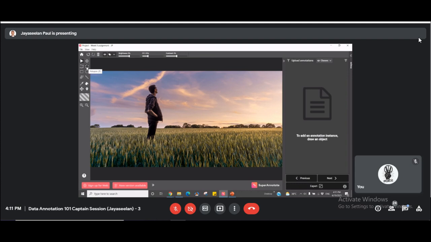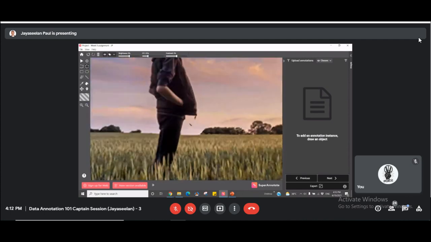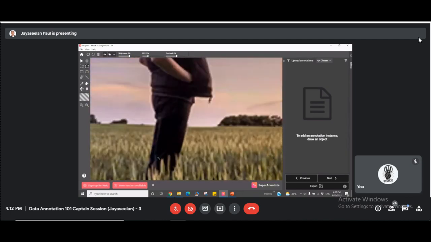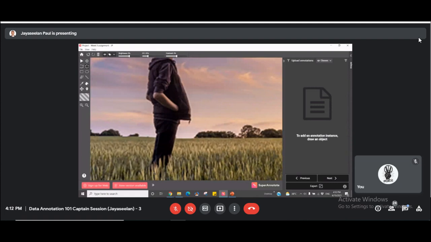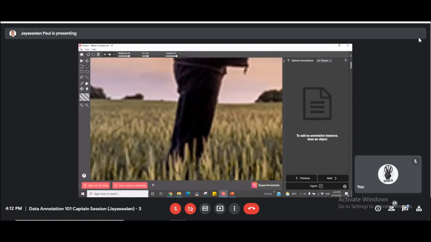Here there is another tool called polygon, and I would want you to mark the people in your image. While marking, you need to zoom in to your maximum and then mark. I'm just placing a click here.